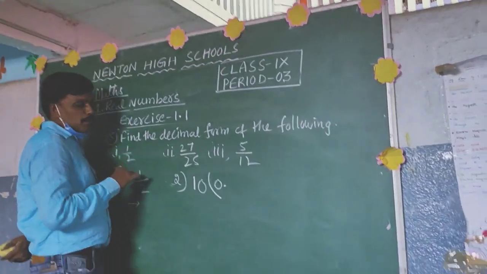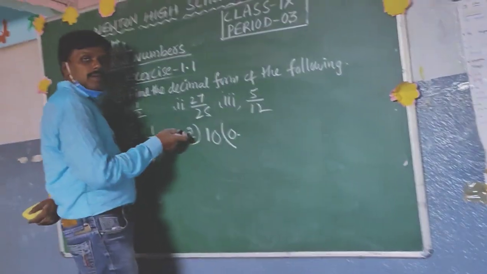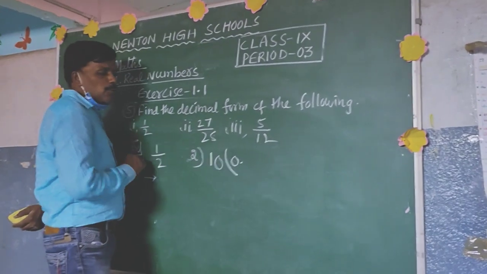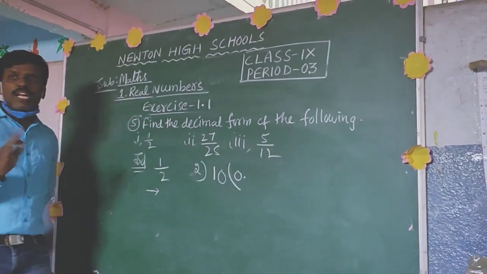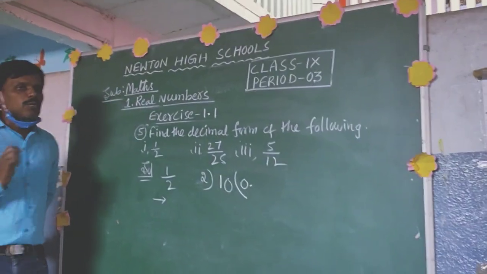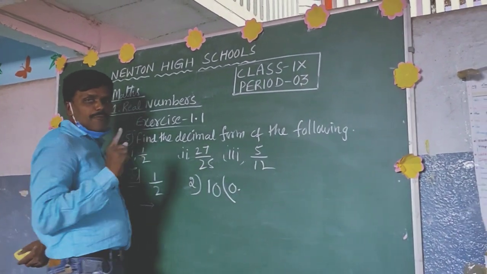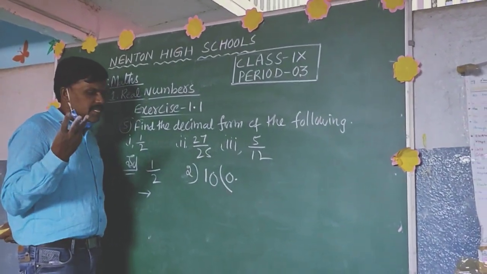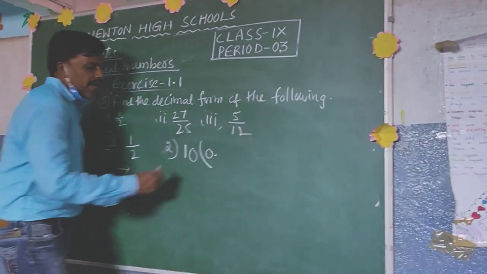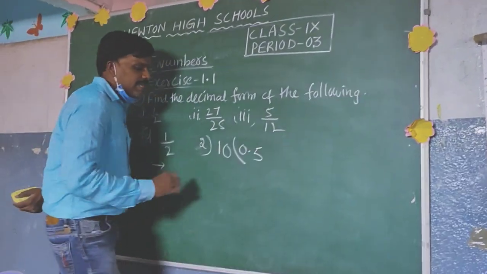Isn't it? Now it is possible. Why? Because 10 is greater than 2. Then 2 ones are 2. Till you get 10, you have to give 10 to 10. Okay. 2 ones are 2, 2 twos are 4, 2 threes are 6, 2 fours are 8, and 2 fives are 10.